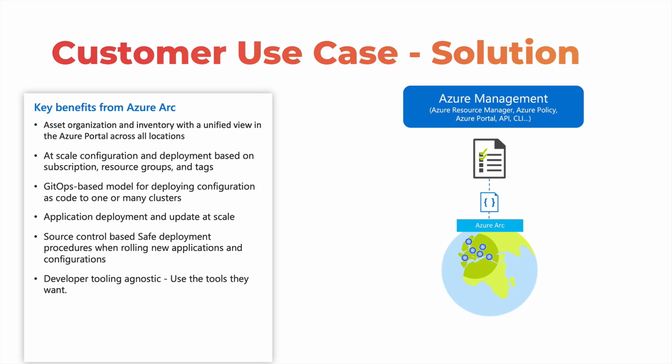So the benefit customers have when they adopt Azure Arc for managing Kubernetes clusters is the ability, again very similar to VMs, to onboard and manage multiple clusters irrespective of where they are running, and then use a continuous deployment technique called GitOps, which is going to ensure that every cluster is running the same application with the desired state of configuration. And you can do that at scale.